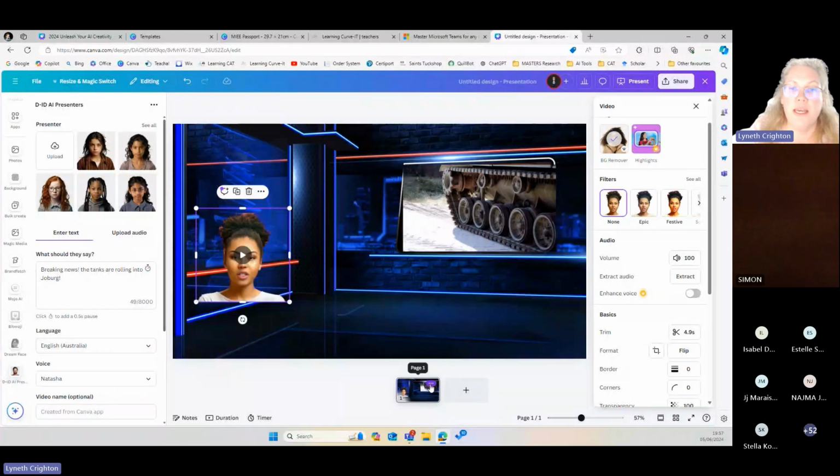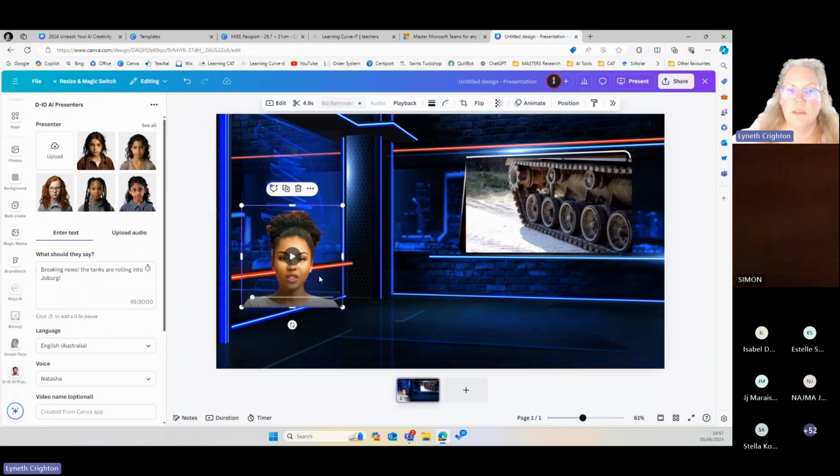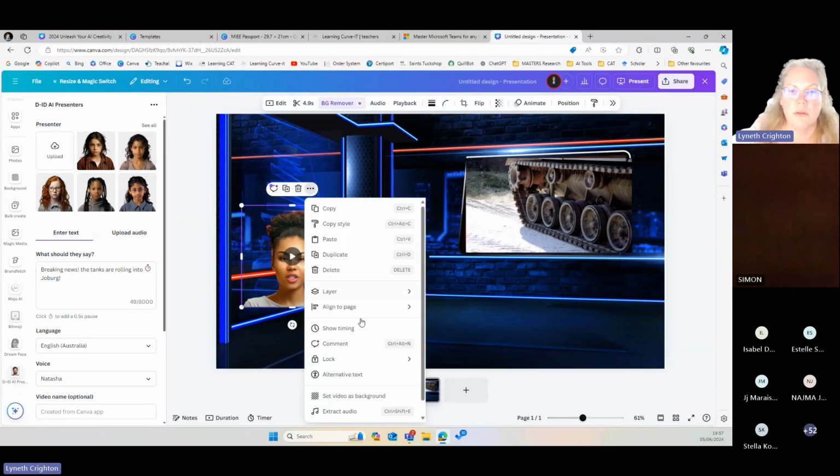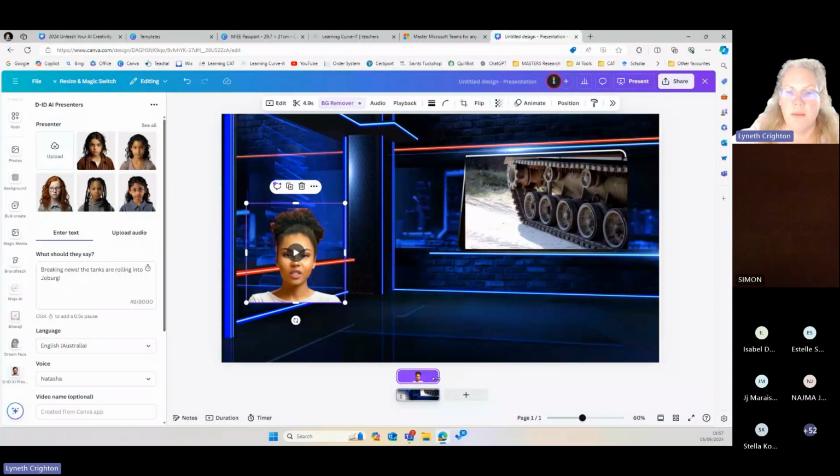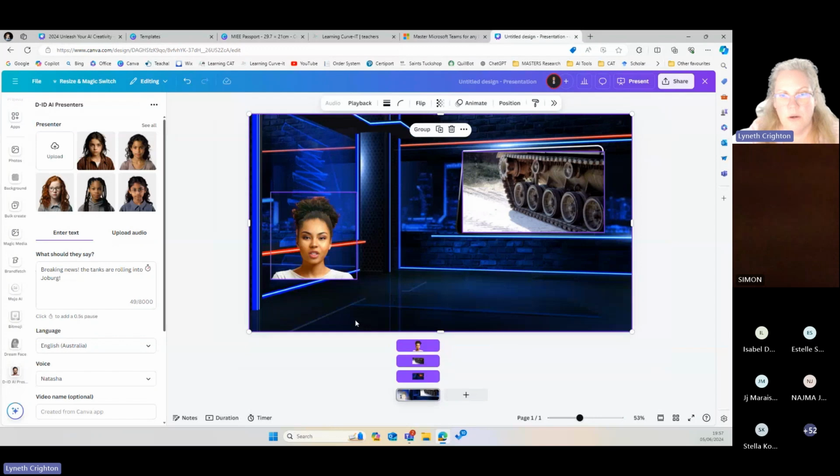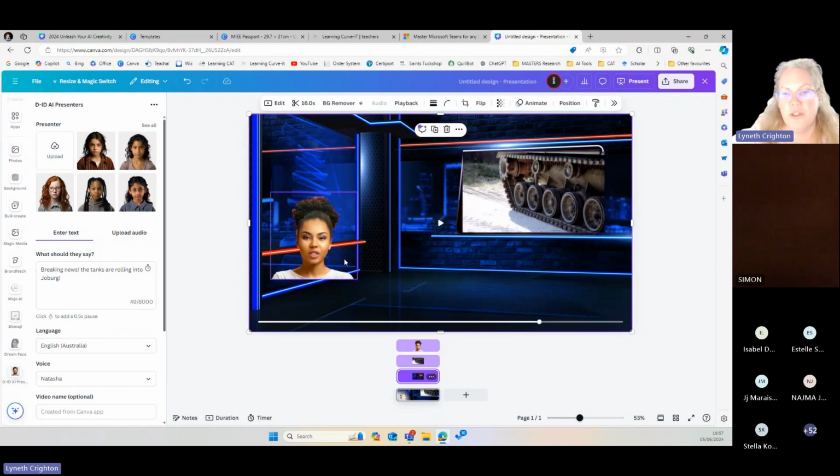If you go on here, if I click on the image and I say show timings, for those people who used graphic design, there are the timings, so I can move them up and down or change the time that it takes.